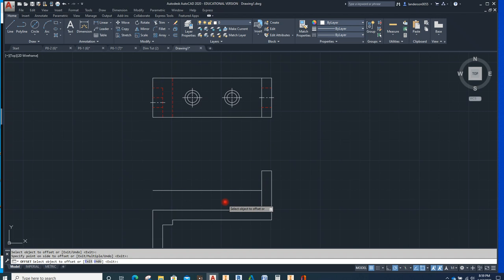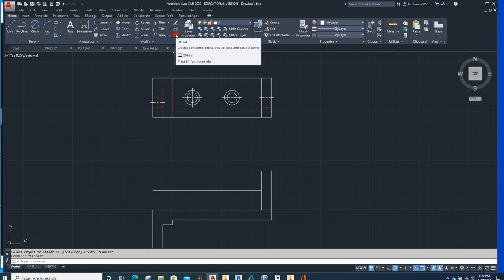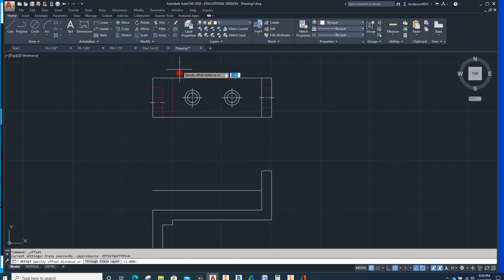Let that be my center line, center marker, and that is a 1-inch diameter, so I'm going to offset it 0.5. Okay. Next, I will bring that to there. I can also use the extend command,